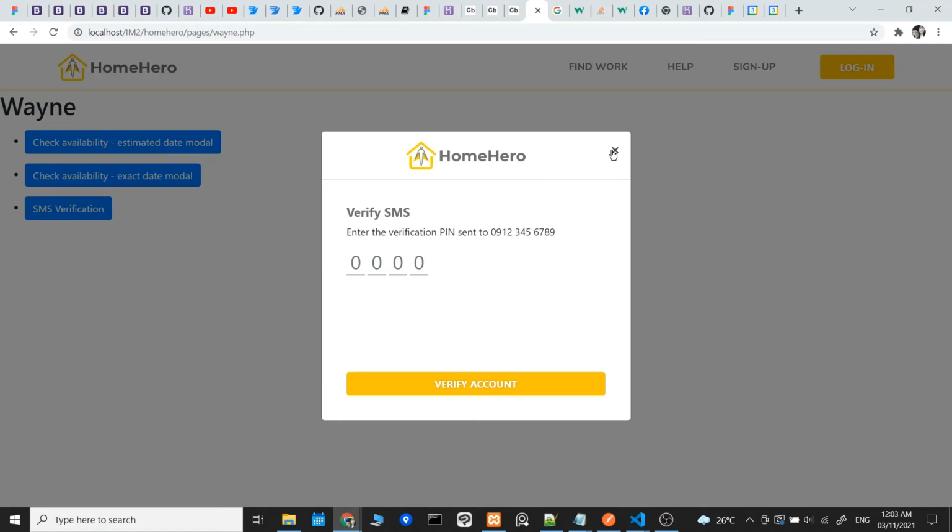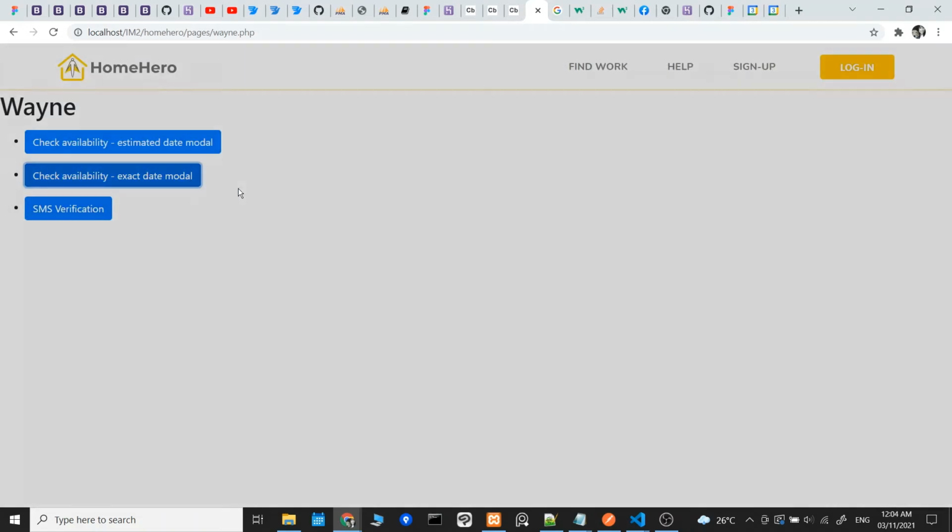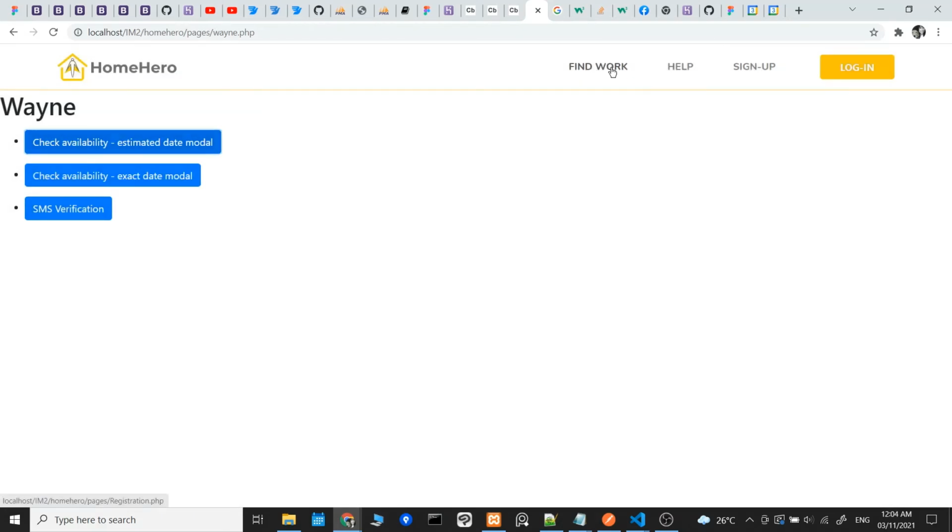So it's already done. It just needs to be integrated. We still need to integrate the MessageBird API and put it in here, as an extra step, so that before it gets saved into the database, they need to verify their identity through the phone number. And here are the other modals that Wayne made. For me,